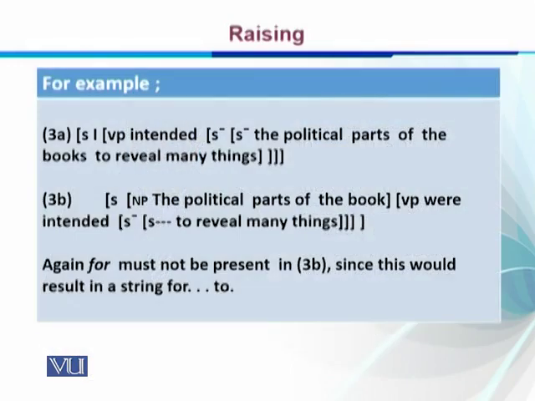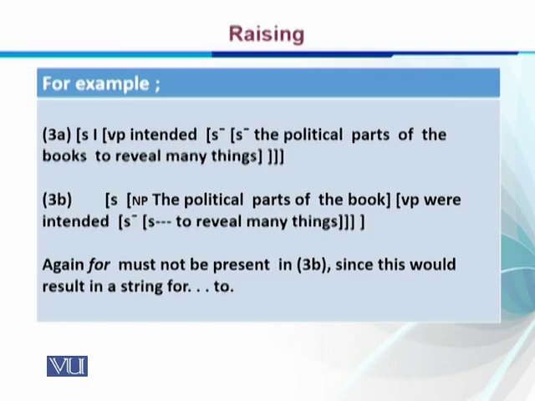So we can see that in 3A, I, which is subject, V in VP, intended, and then we have the embedded sentence, the political parts of the book to reveal many things. So in 3B, the political parts of the book, NP, which is object, is now made subject of the passive sentence, were intended, and then we have the embedded sentence, and we have S bar,